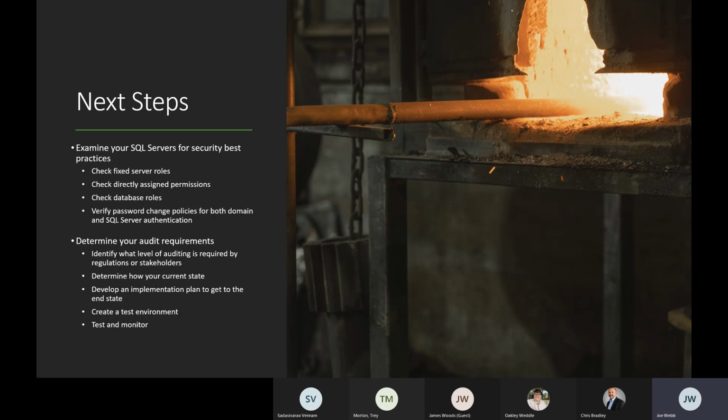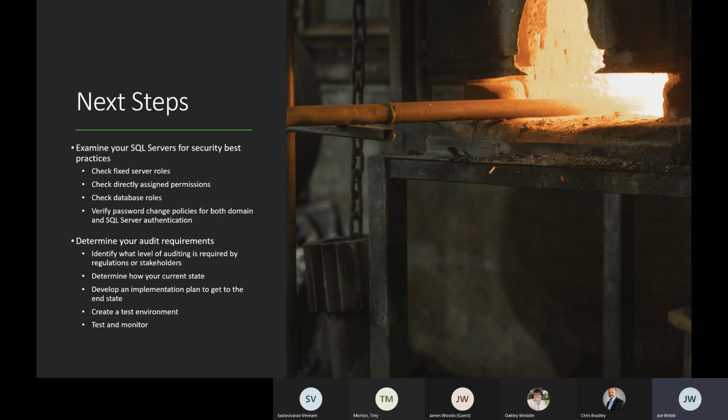Once you ensure that your servers are adhering to some of the security best practices, and this is the bare minimum here, I would encourage you to then start by identifying the level of auditing that's required by regulation, or by the stakeholders of your business, the business owners of the organization, to determine what level of auditing you need. Once you understand the level, the gold standard for your organization,